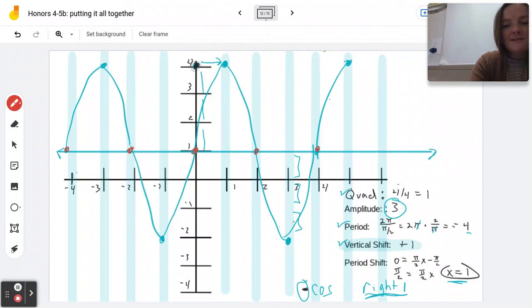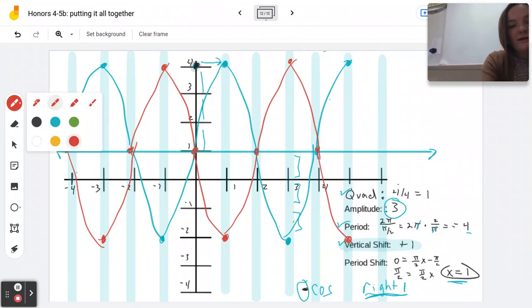All of my maxes are going to turn to mins when I reflect across the midline, and all of my mins are going to turn to maxes. So go ahead and put some little points in there so we have a little bit of guidance on what this should look like. Okay, so it should be looking something like this. So to totally draw this, it should be a total reflection of the graph we just did. And your graph is going to look something